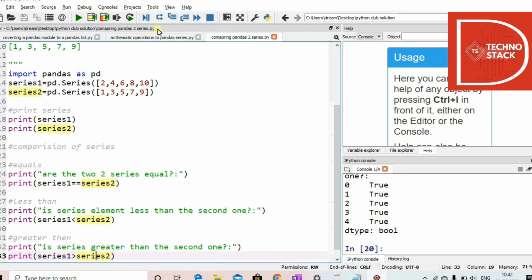Now it depends on the series. Every time it's not similar. If you keep 3 over here and 4 there and then run the program, you will see that one value is changed and all the others remain true. So it's not necessary that in a series either all are true or all are false. It can be some trues and some falses, or all trues or all falses. So every outcome is possible. So this is how you compare elements of two series.